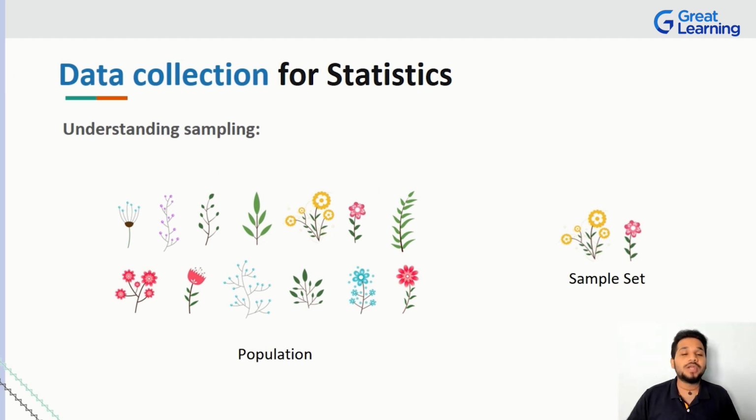When we say population, right? What's the population of the earth? A couple of billions right now, right? So when you say population in the entire world, you generally take into account everything there is. Now, if I say, hey guys, here is my garden, and here is all the population of flowers, when I say population of flowers in my garden, it means every single flower in my entire garden. But what if I don't want to pluck every single flower out there?